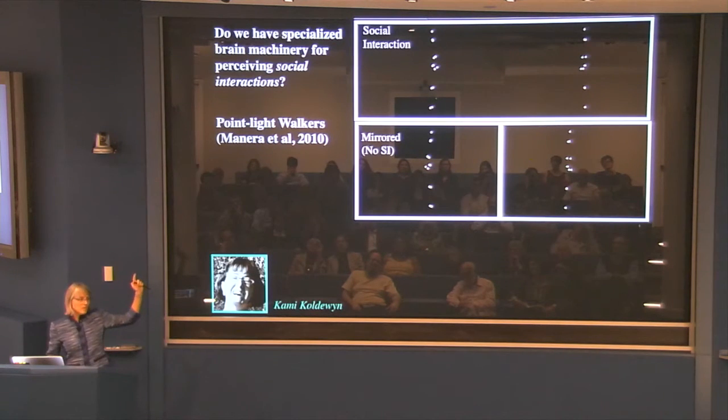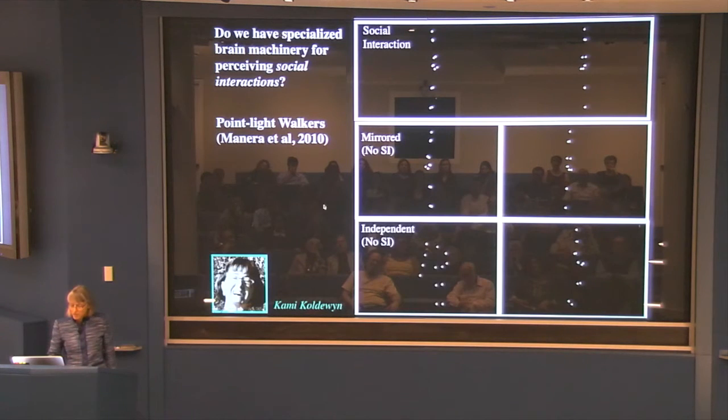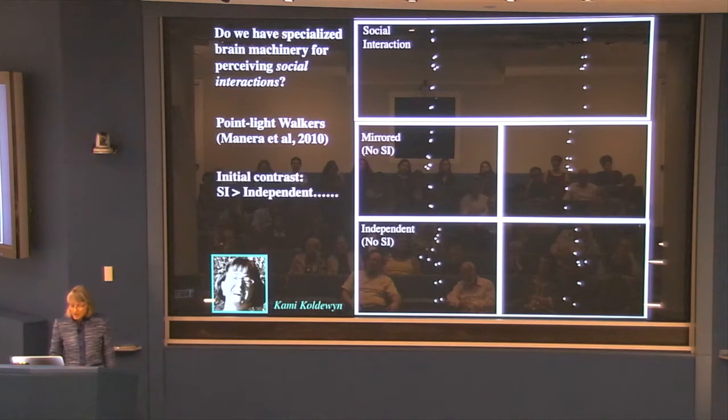So because I felt we weren't able to destroy the percept of an interaction here, we went to a slightly more extreme maneuver where we took just cases of people involved in clearly independent activities like this, where I think pretty much nobody's going to perceive a social interaction between these two players. Okay? So we scanned people looking at video clips like these, and we looked for initially a contrast between the social interaction case, the top case, and the bottom case, the independent actions case, okay, both of which involve 2 point light walkers of people doing activities.